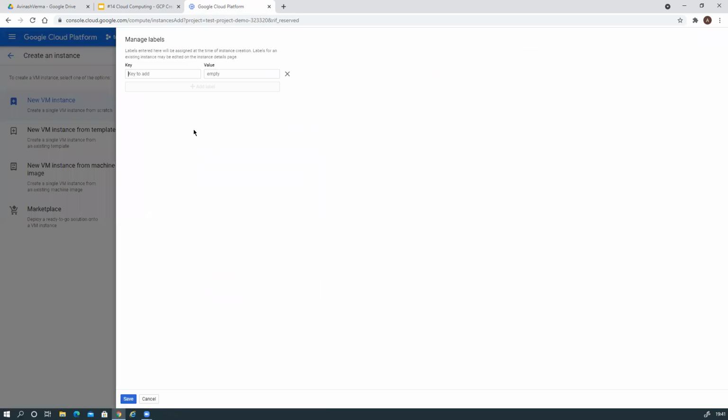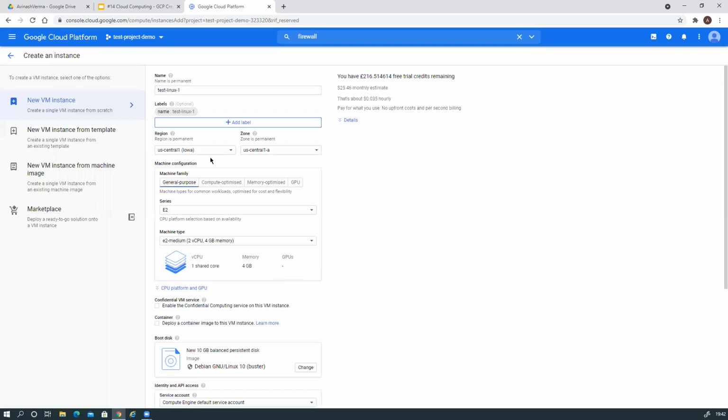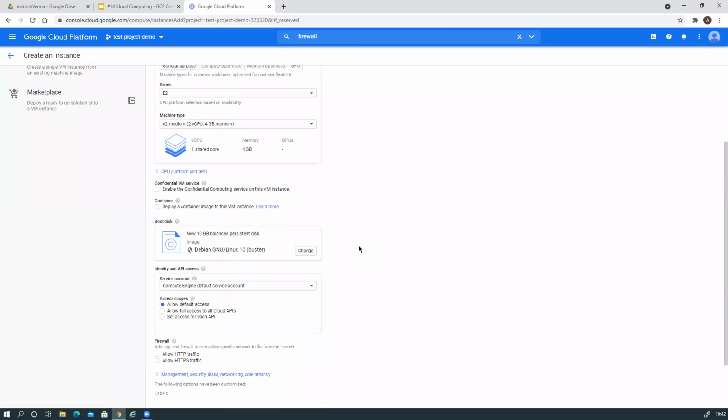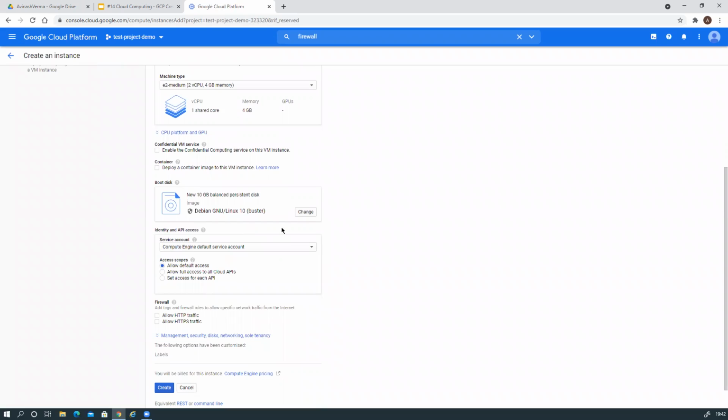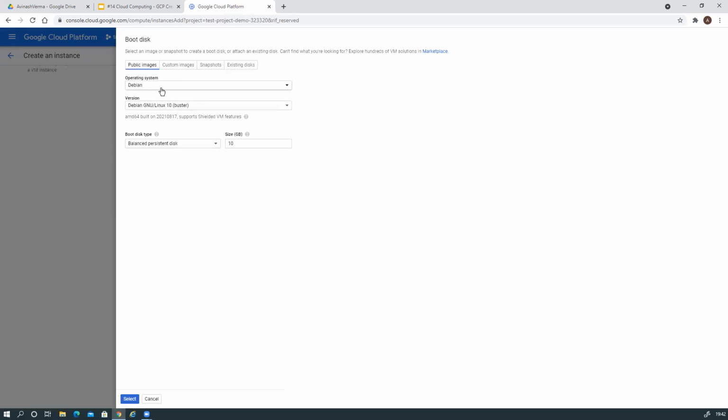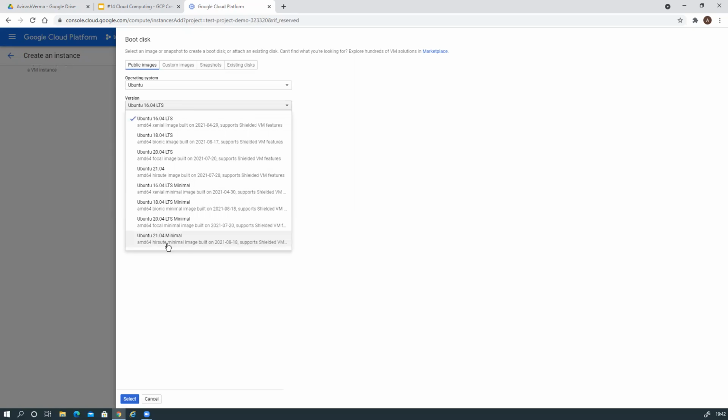Again, we add label, name, test Linux 1. Just add one label. Same, South Carolina, any zone, general purpose, 4 GB enough. Debian, change. We go for Ubuntu, and then we go for the